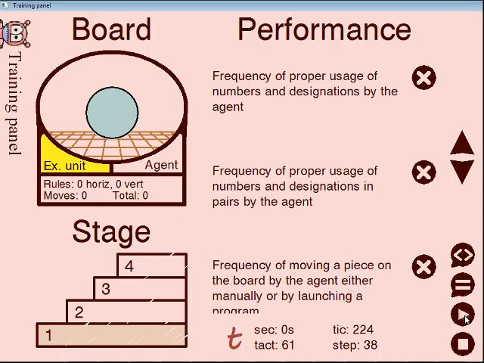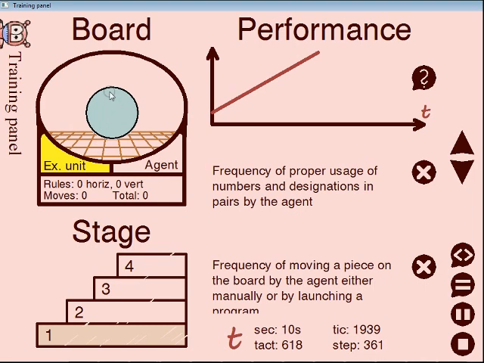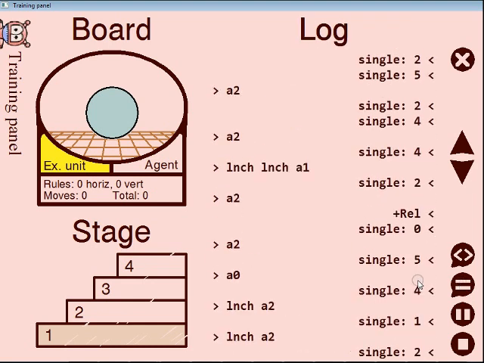We shall start our demonstration now to see how it works in real time. So we have a kind of board here, and this is a piece that will jump when the agent moves it either manually or by launching the right program on the execution unit, and we shall see if the move is made manually or by the execution unit. And we have a total number of moves here, and we shall also be able to follow the progress of the agent here. The training scheme will allow the agent to get to the next stage only when it is confident enough that it has learned everything right on the previous stage.